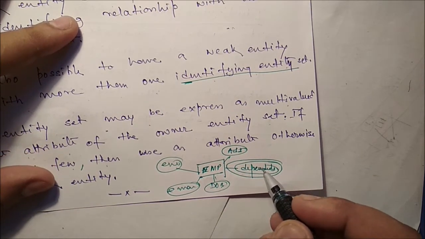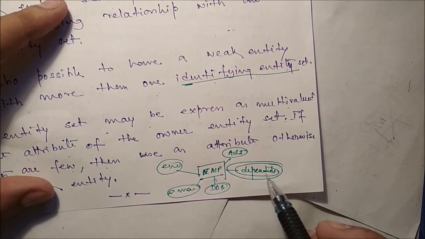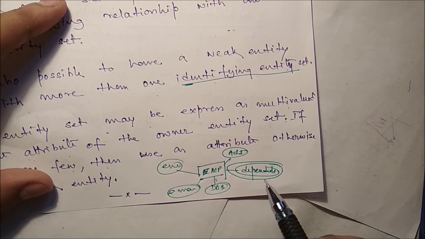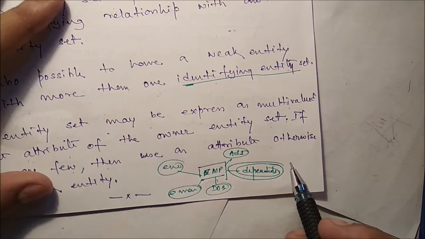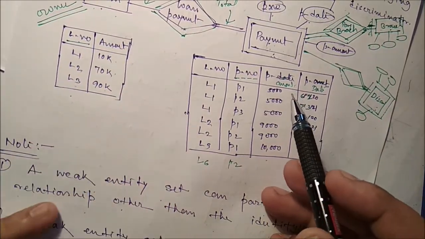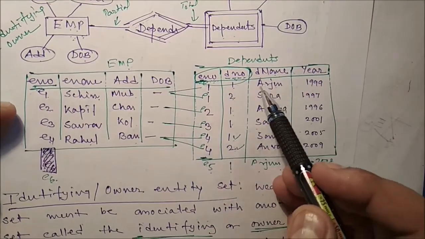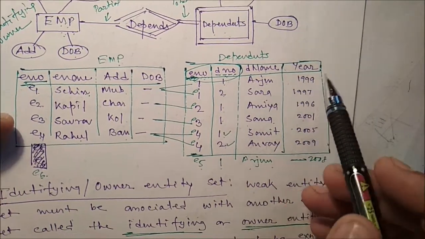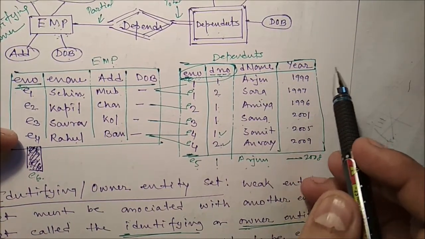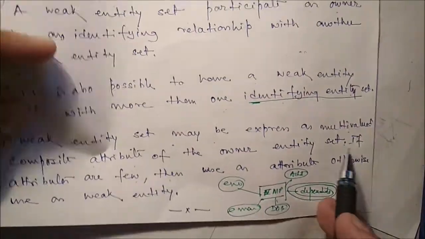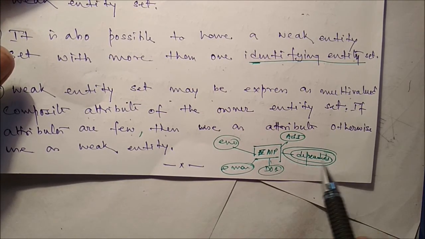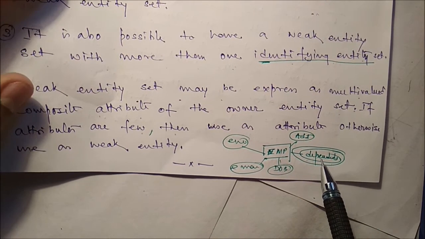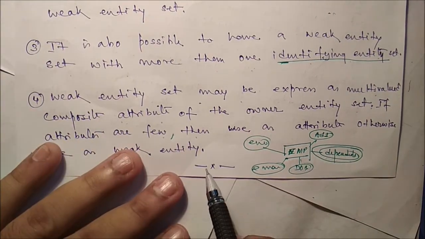So it is multivalued. That means here we just put, suppose we need less information, or say we need only the number, or suppose we need only the name of that dependent. We don't need, say, the dependent's age, date of birth or hobby or other things. We don't need other information, or we need only the name. In that case we may define the weak entity as an attribute. Are you getting this one? And that is the end of this particular video. Thank you very much.